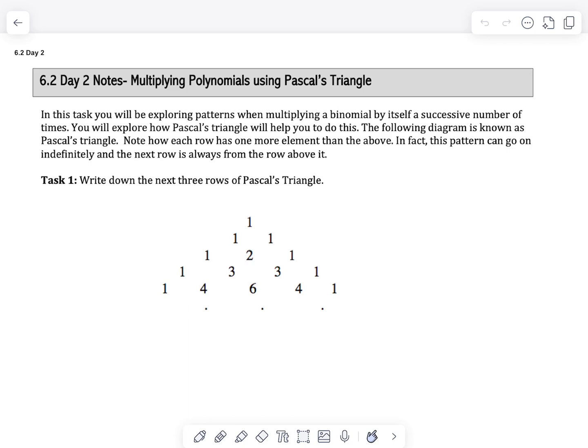So task 1: write down the next 3 rows of Pascal's triangle. So how the pattern works is, if I look at 1 and 2, I get 3. Same thing here, 1 and 2, I get 3. 1 and 3, I get 4. 3 and 3, I get 6. 3 and 1, I get 4. So to continue the pattern,